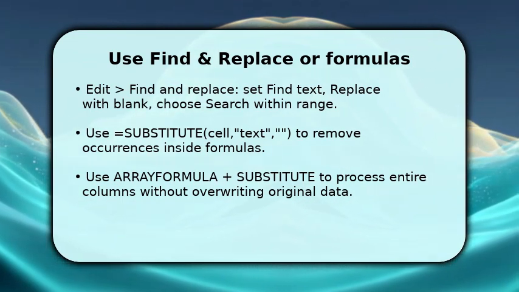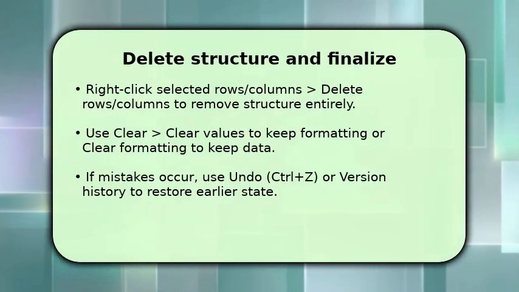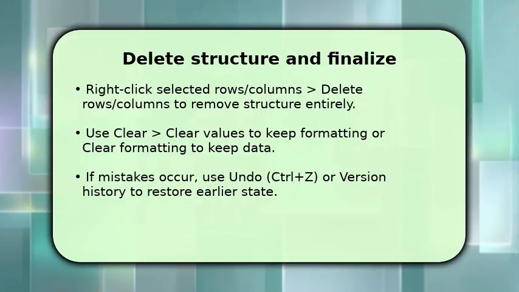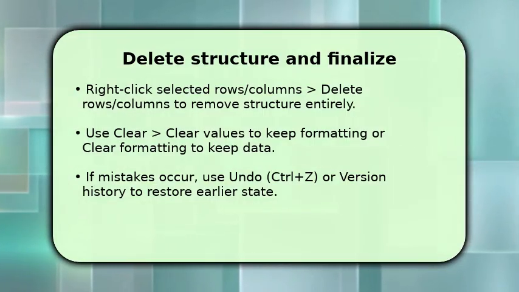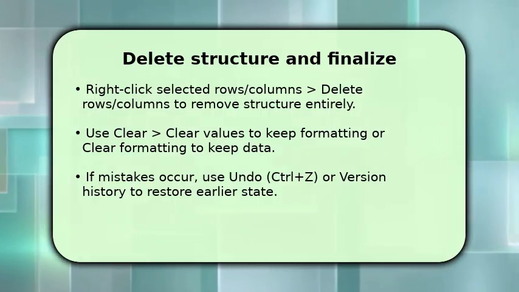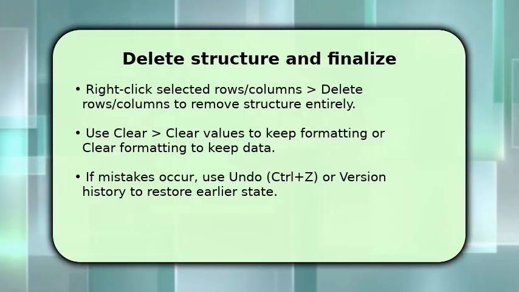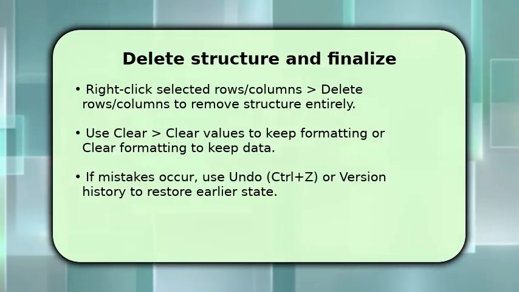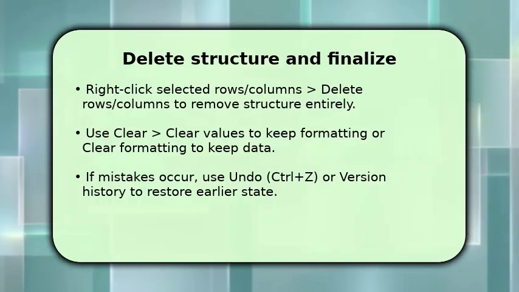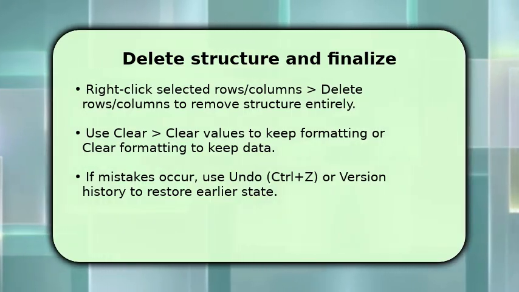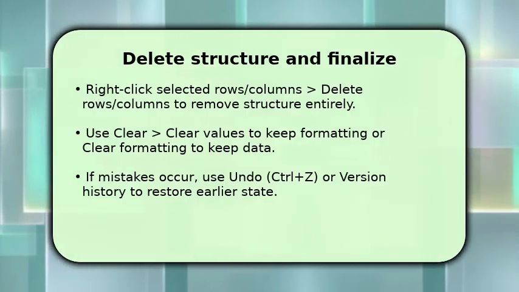To finish, remove structural elements if needed. Right-click selected rows or columns and choose Delete Rows or Delete Columns. That removes the cells and shifts surrounding data. If you only wanted empty cells, use Clear Values to preserve formatting or Clear Formatting to keep values. Once done, scan the sheet for unintended gaps. If something went wrong, press Ctrl plus Z immediately or open File Version History to restore a prior version. One key troubleshooting tip: always preview, find, and